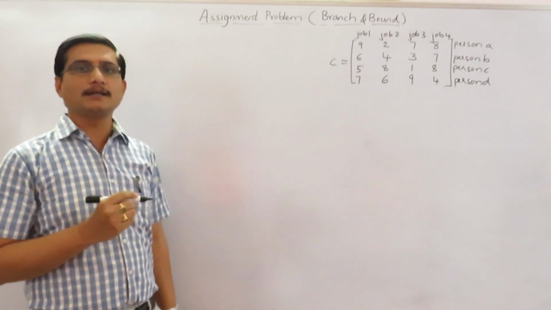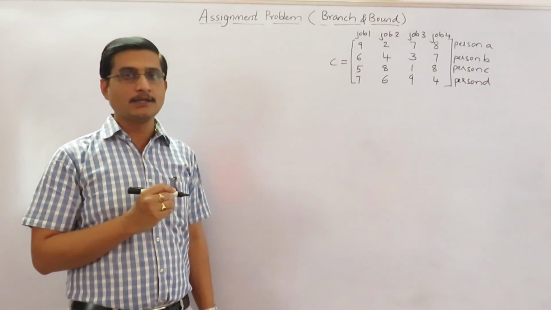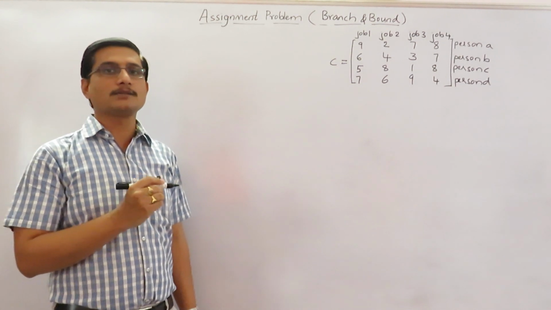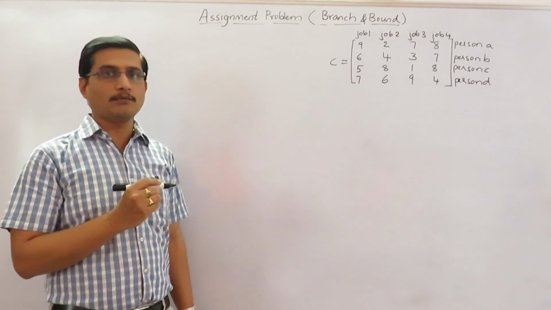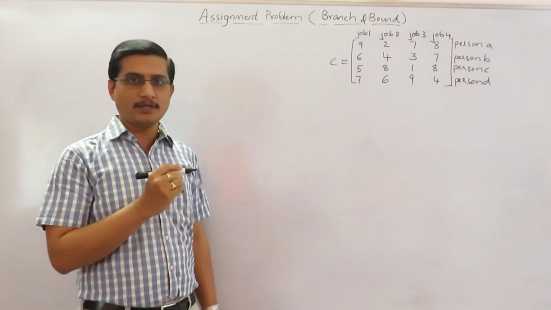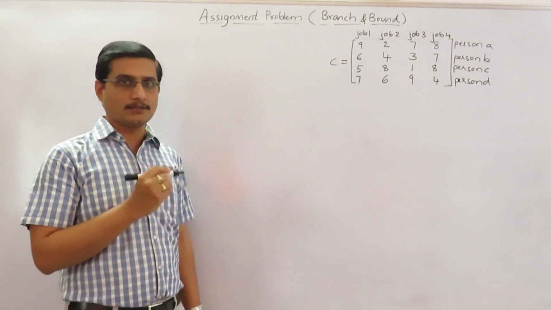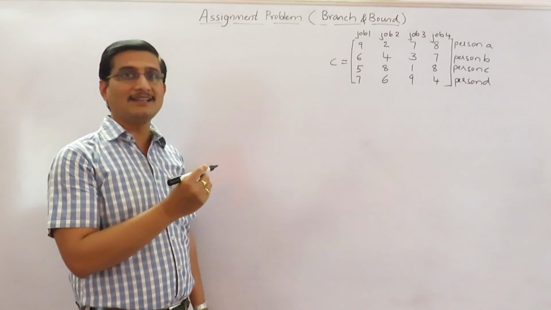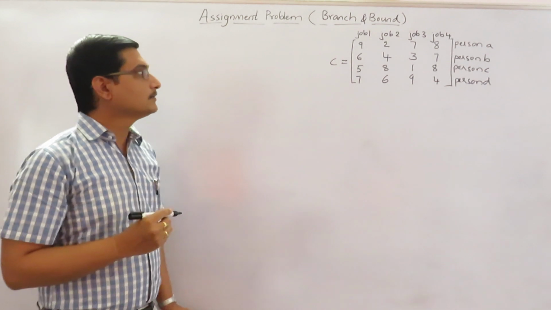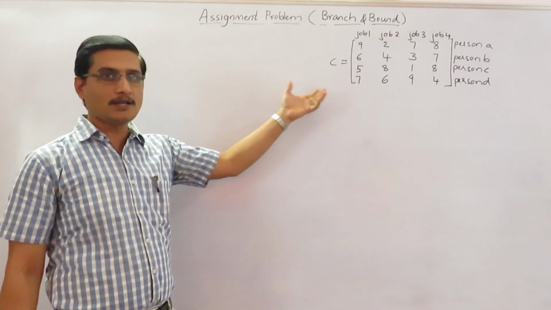The assignment problem is: there are n number of jobs and n number of people to do those jobs, and each person will cost different values for different jobs. So we have to assign the jobs to n people such that the cost will be least. That is, we have to assign the jobs to the people with the lesser values. This problem can be represented with a cost matrix.